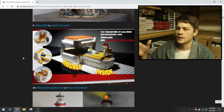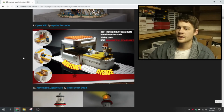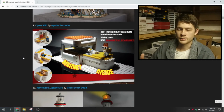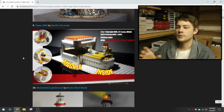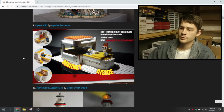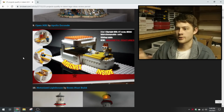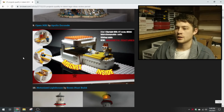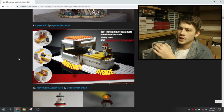Other magnets throughout the theme, like the one from last year in City, have been able to be integrated with the system. So having a magnet inside is not an issue if you make it a standard Lego piece that could maybe be used in other themes. But if it's a very specific magnet that could only be used in a set like this, I think that's where there's an issue, and that's why Lego doesn't necessarily create very specific molds and parts for everything in some of their licensed themes. In some of their other themes, they are branching out a little more in terms of what they'll make a unique mold for and create new parts for, and we've seen that within the past couple of years. So as an Ideas project, the Open MRI